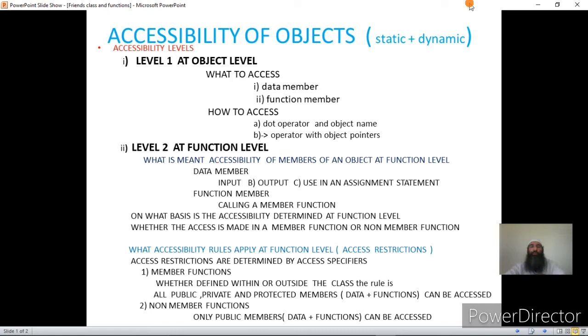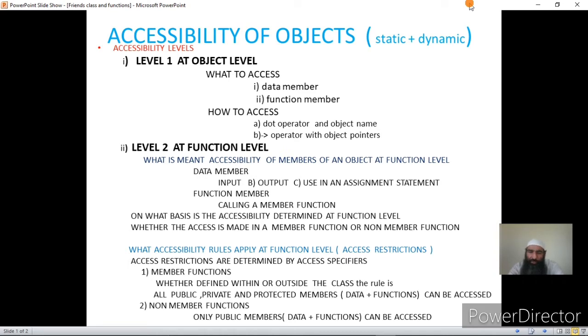On what basis is the accessibility determined at the function level? This could be your question. It is determined by whether you are accessing a data member or a function member in a member function of a particular class, or in a non-member function of that class.